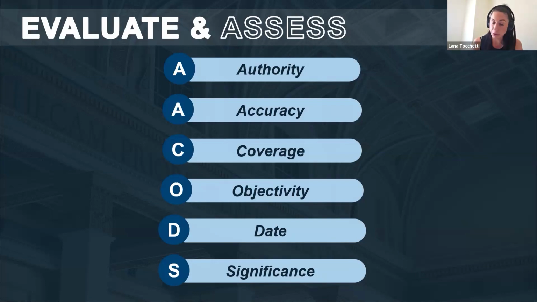And if you do want a little bit more expansion on these points, if you head back to our How Do I guide that we just looked at before, under How Do I Evaluate Grey Literature, there is a link to a PDF document. And within each of these points, it gives you little prompting questions that you can ask yourself. So just have a little look at it. If you're not sure, you may be on the fence about whether or not you should be using a resource, just have a look at this checklist and see if there's any red flags on there, or if it's looking good and looking like you could use it.